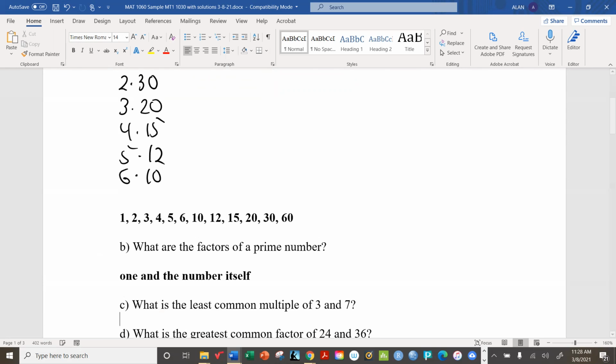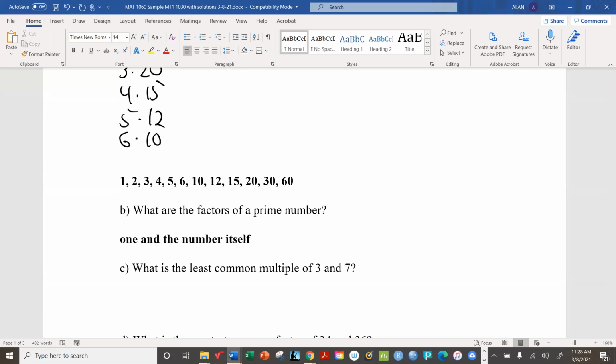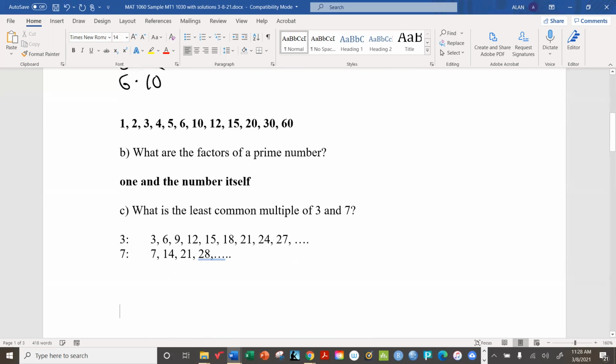Common multiples, these are pretty straightforward. What are you doing with multiples? All you're really doing is multiplying each number by all of the natural numbers. And in this case, we're going to keep going until we find the ones that we're looking for. Let's try a few more. So that's the 3. And for 7, we'll start with 7, 14, 21. Oh, wait a minute. We can stop right now because we notice that we found what we were looking for, the smallest or least common multiple of both numbers is in fact 21.